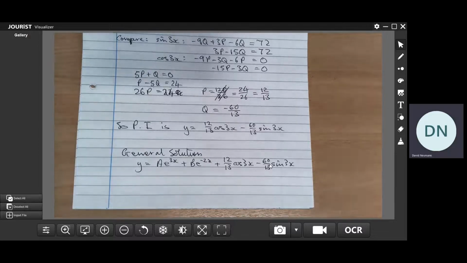Now, I would suggest that what you do is pause the video here and do question 1 and question 2 in exercise 7C in the Core Pure book 2 textbook. That's on page 161. I'm going to go straight on to